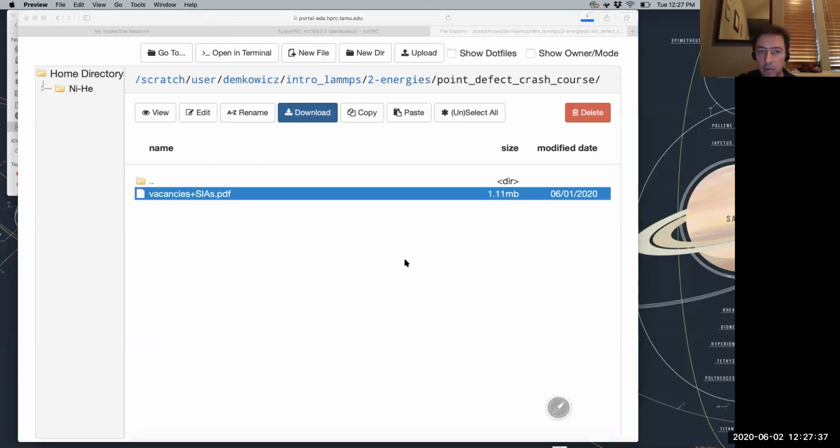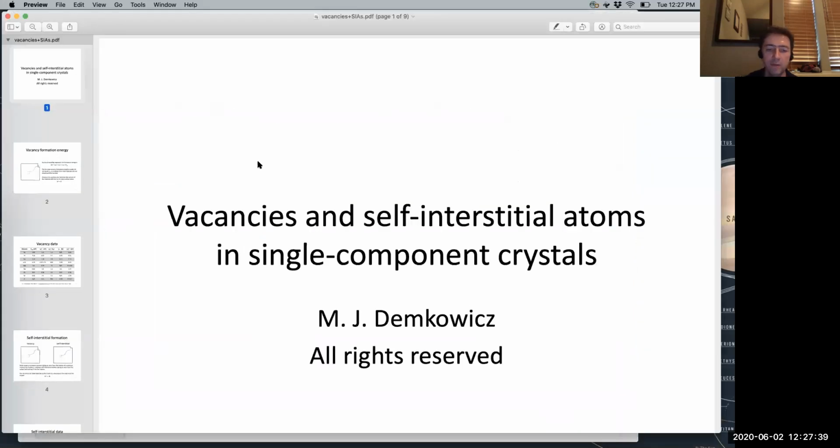Just going to download it so that you can look at it. It just has a few slides here that talk about point defects. If you have a few minutes, please take a moment to look through these slides just so you can become familiar with the idea of a point defect, so that once we actually go through the tutorial on Thursday, you will be able to follow along and understand what exactly we're doing.